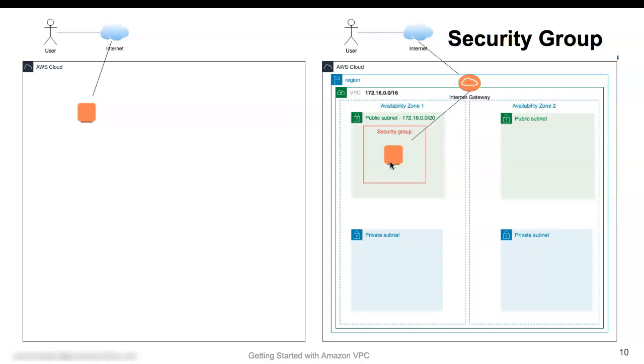So in that case, you want to restrict access to SSH to only a specific set of IPs. You might decide that you want to allow SSH only to a specific corporate IP or a specific set of IP addresses. So those are known IP addresses. This way you can control which traffic is allowed to reach your instance and so on.